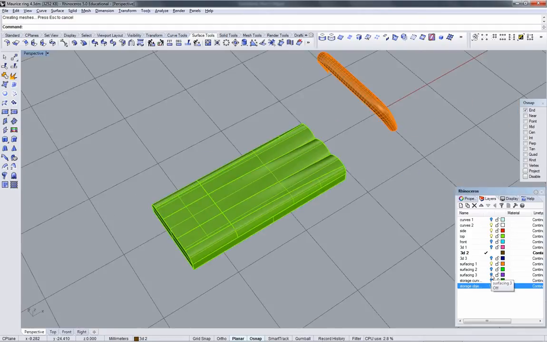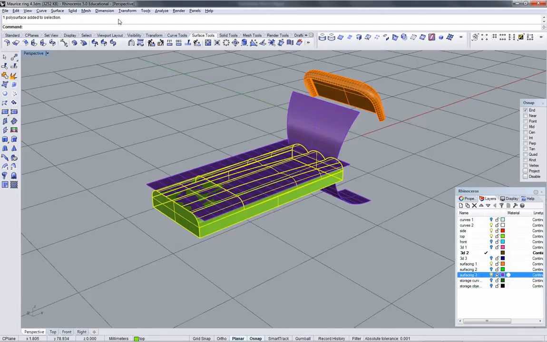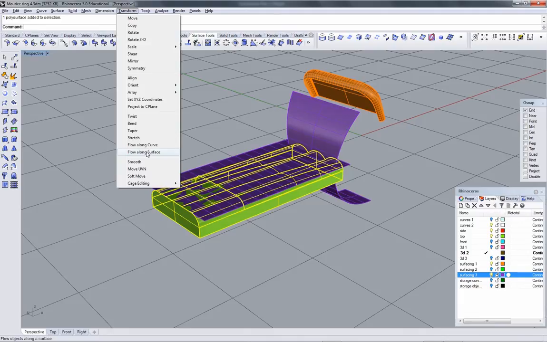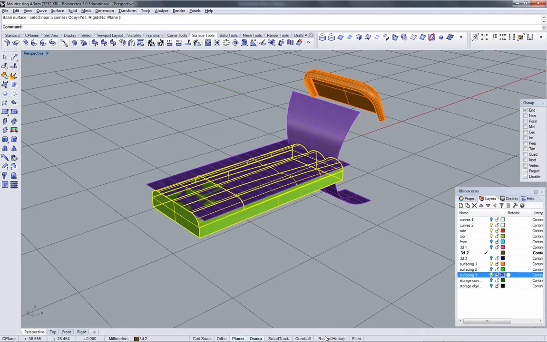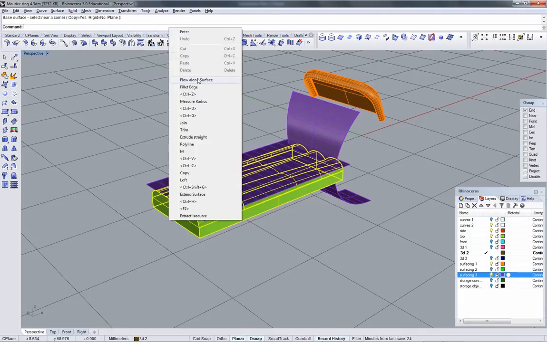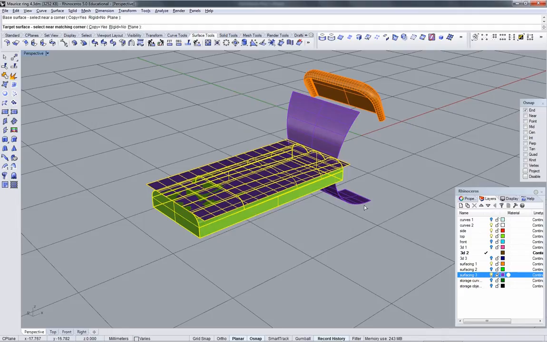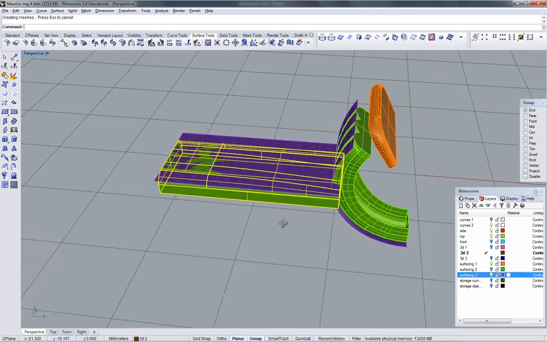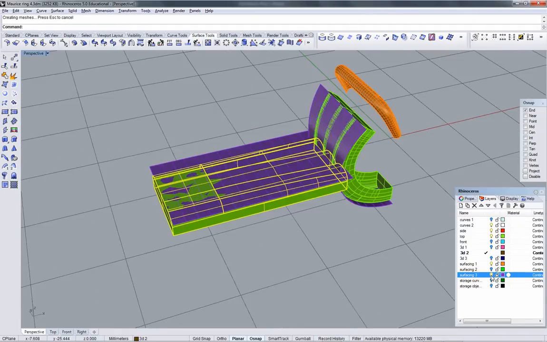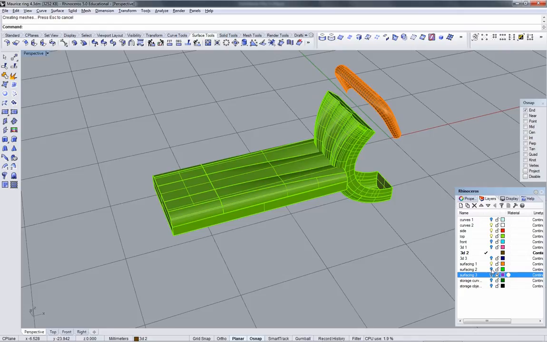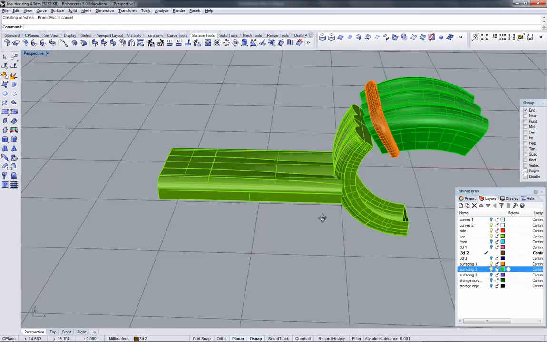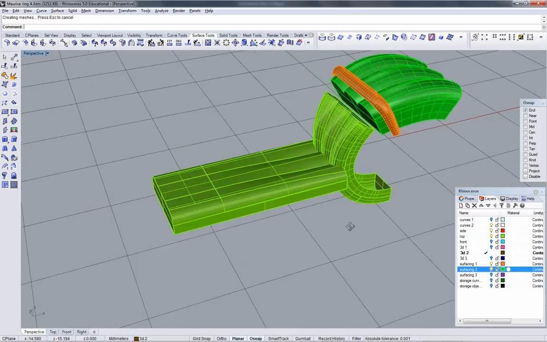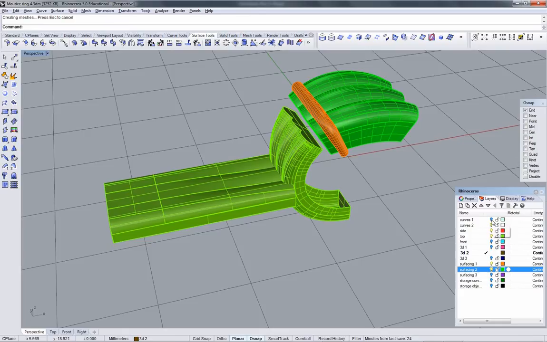Flow along surface. I want history, just because I can. Turn off my flow surfaces. I want to bring back my original shank now. Hopefully I did not throw that away,